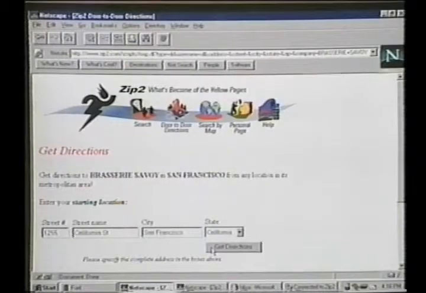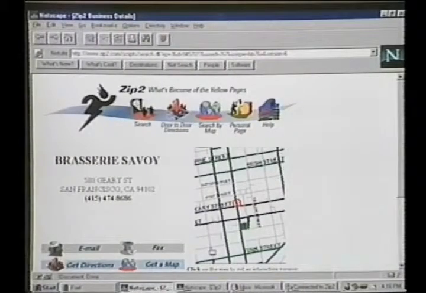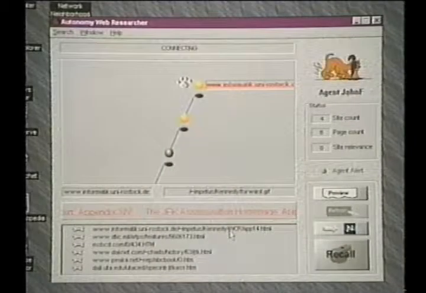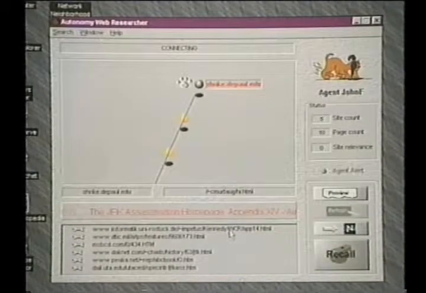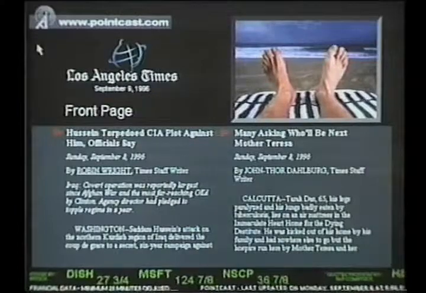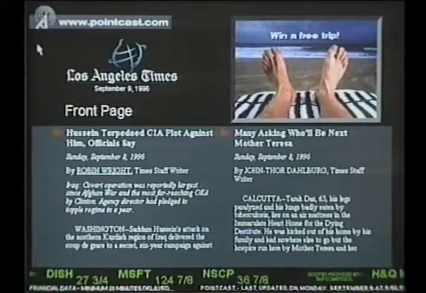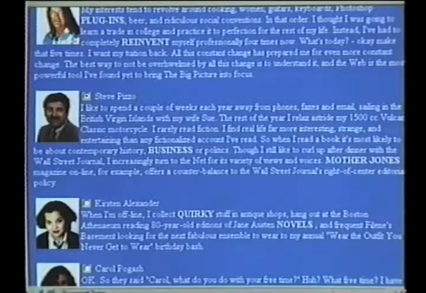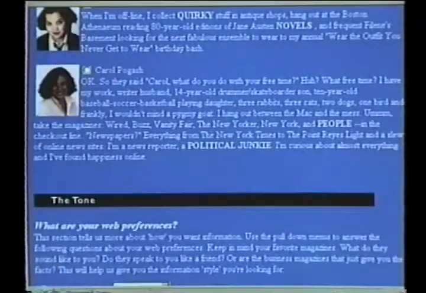We'll show you a specialized search engine that acts like an automated Yellow Pages, and we'll explore the new world of intelligent agents that learn as they go. Plus, we'll show you the very cool Pointcast service and one search engine that uses a unique piece of technology, a human being. All this and Giles Online, this week's computer news, my pick of the week, coming up next